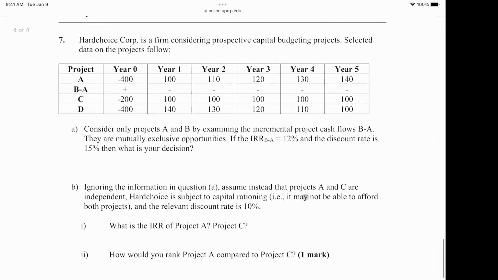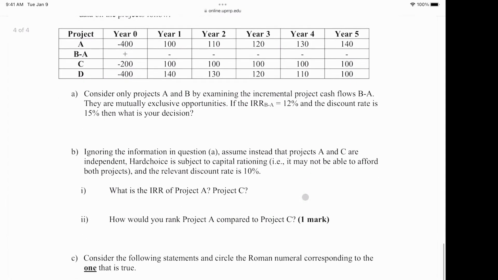The issue is that you're supposed to ignore, well, they give you the discount rate for A. But in C, you're supposed to say you don't have the discount rate. But it's not clear. Okay? But that's what you're supposed to think, because it says here in B, ignore the information in A. It's the same in C, ignore the information in A. And then you have to think, in other words, do they cross? That's the question. Do they cross?